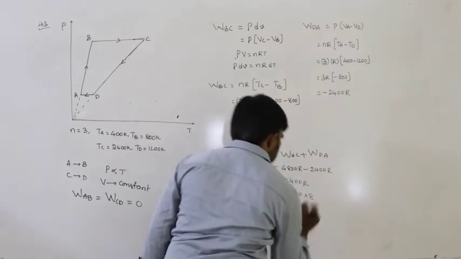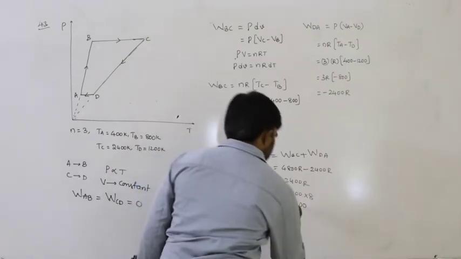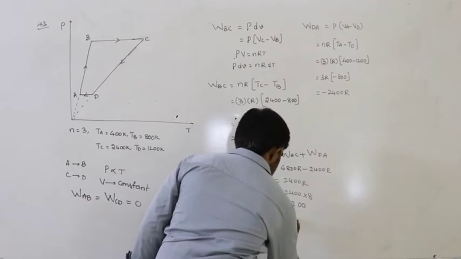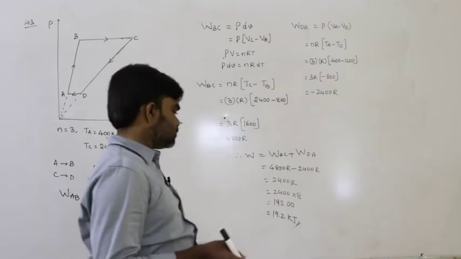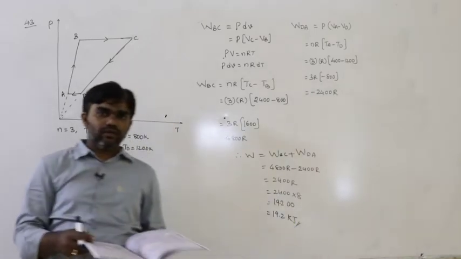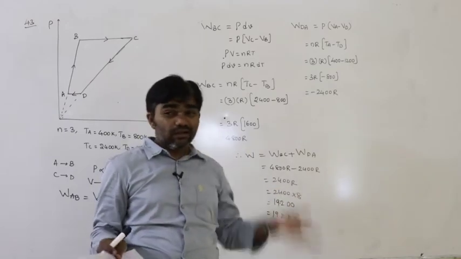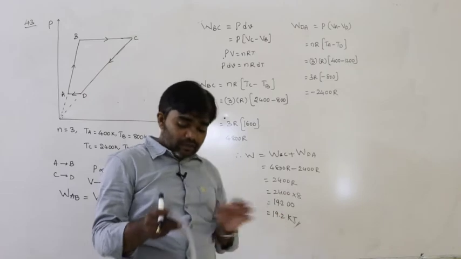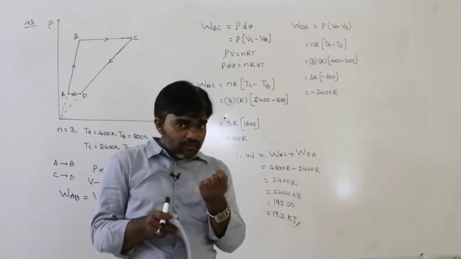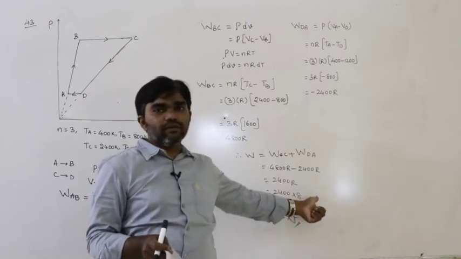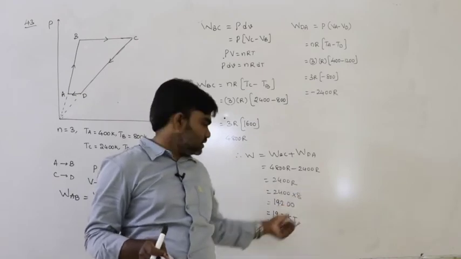Simple calculation: 8 4s are 32, 8 2s are 16, so let us say it is simply 19.2 kilojoule. What is the option? It is approximately 20. So we can get an approximate answer. If you do 8.314 into 2400, the calculation takes time. So simply explained: if the options are very close to each other, then you can consider 8.314 and multiply. If the options are very far away, then we can simply consider 8 and calculate.